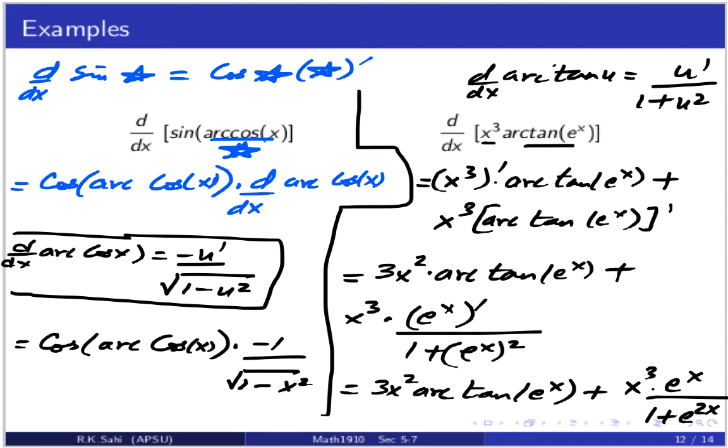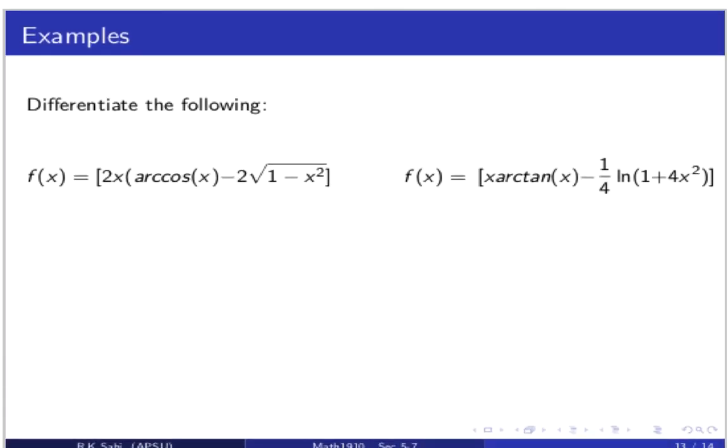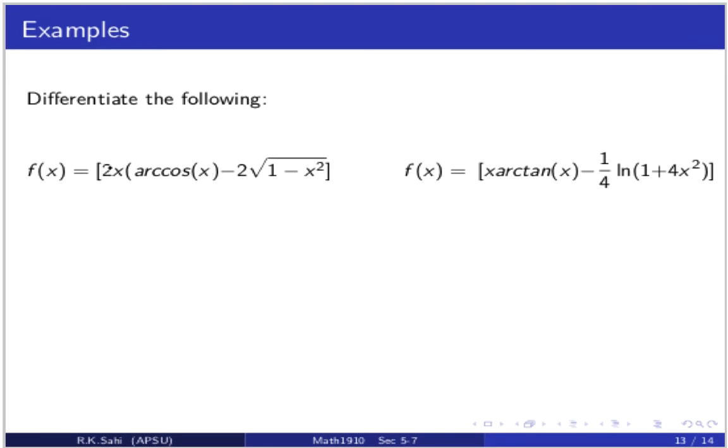Okay, let's look at another differential. Here we have a function 2x times arc cosine x minus 2 times square root of 1 minus x squared. So we'll take this function and this function. Here there's a product rule, here's a normal differential. So if you do f prime of x, this will be 2, this is the first function, and the second function, so a differential of x times arc cosine x